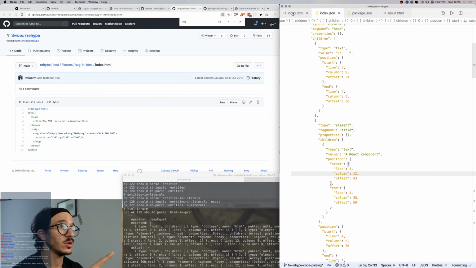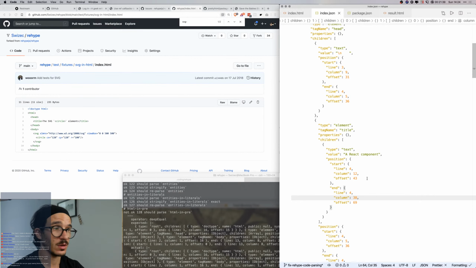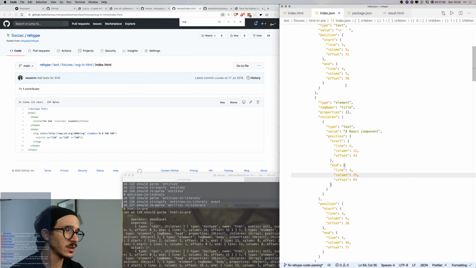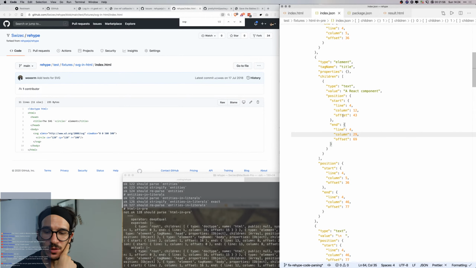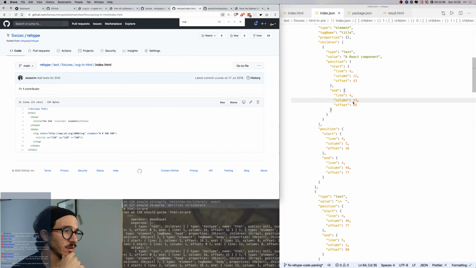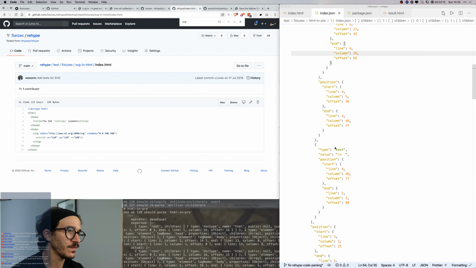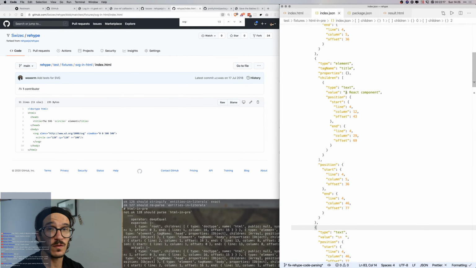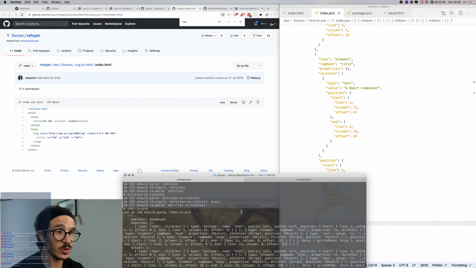Perfect. I don't know what the offset is for. Line 4 column 29, not line 4 column 38, because the text is shorter now. So we say 29. And this part is tedious because we're writing, I don't think we can automate it, at least not that I know of, and it's not in the contributing guidelines. But what we can find, so then we have a new line. I think a bunch of these are going to have the wrong values next to them, which is going to be a problem.